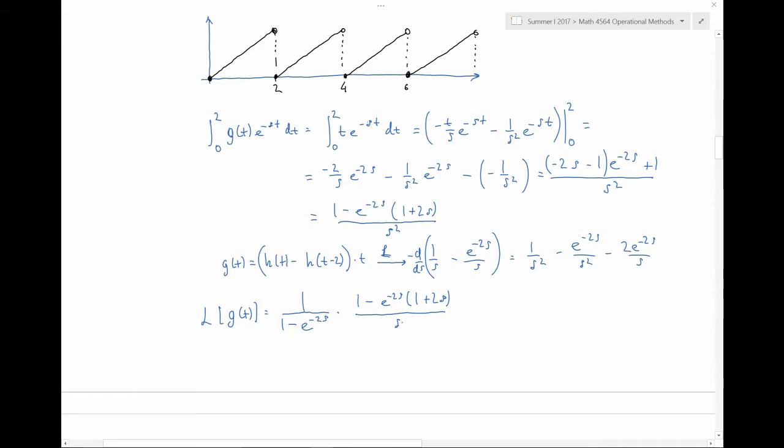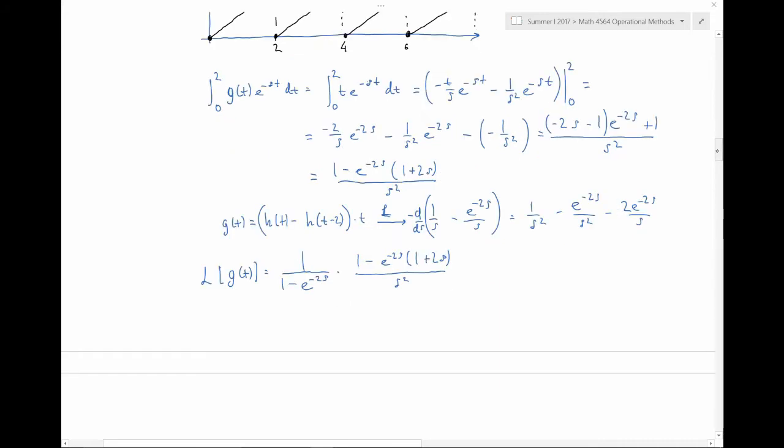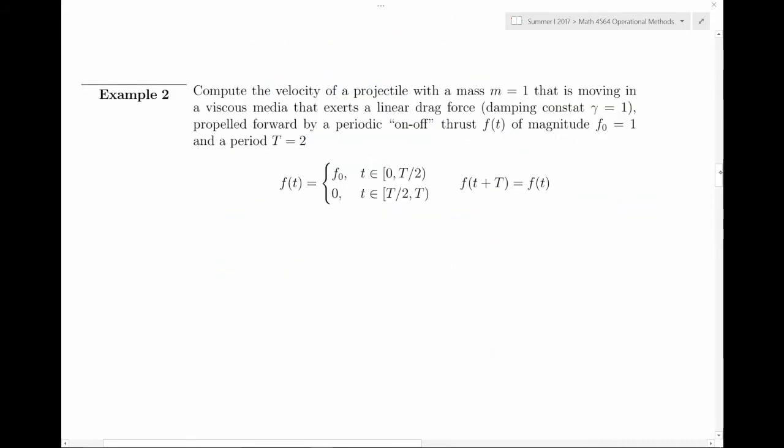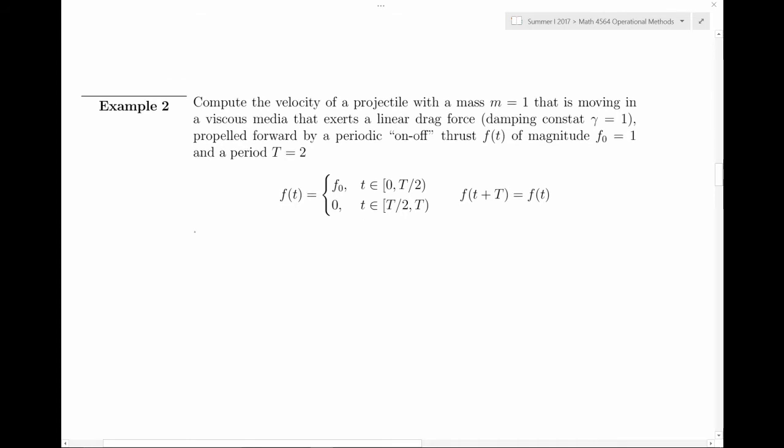s squared. Let's look at a couple of examples where a periodic force is applied to a physical system. In this particular case, we need to derive an expression for the velocity of a projectile that's being driven by a periodic on-off force, and the projectile is moving in a viscous media that exerts a drag force proportional to the velocity. If we use Newton's law to write the differential equation,